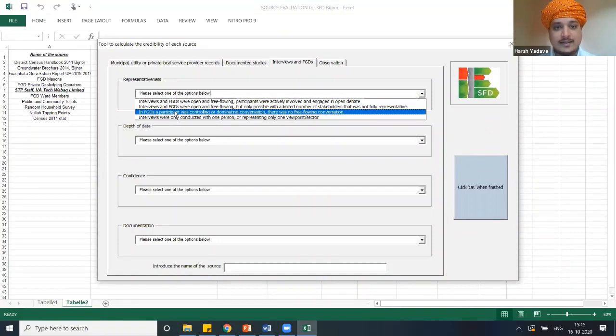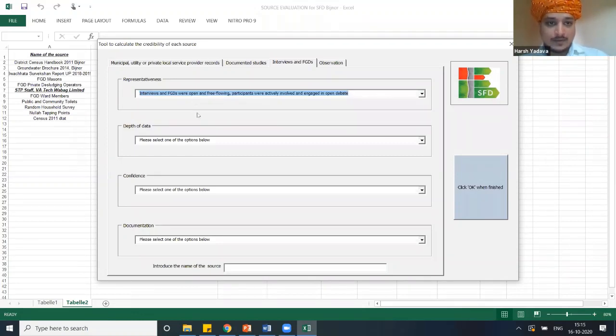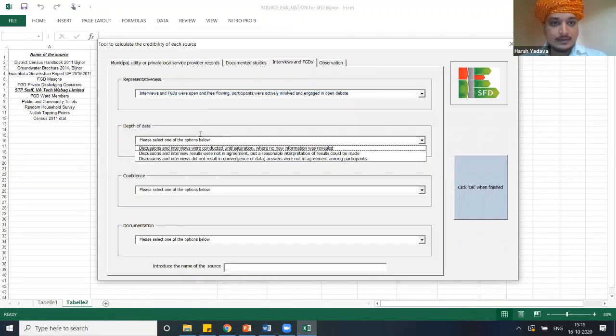I have to think about whether, when I was interviewing the private ledgers, it was a free flowing interview or not. So I have to take one option from here, and then what kind of interview, what kind of analysis, what kind of data they have given you.